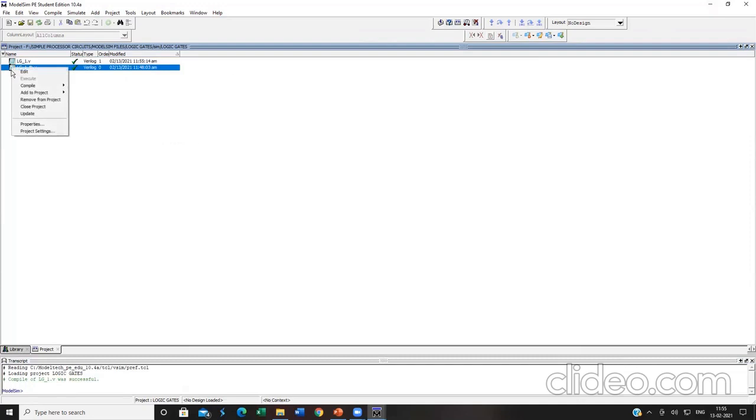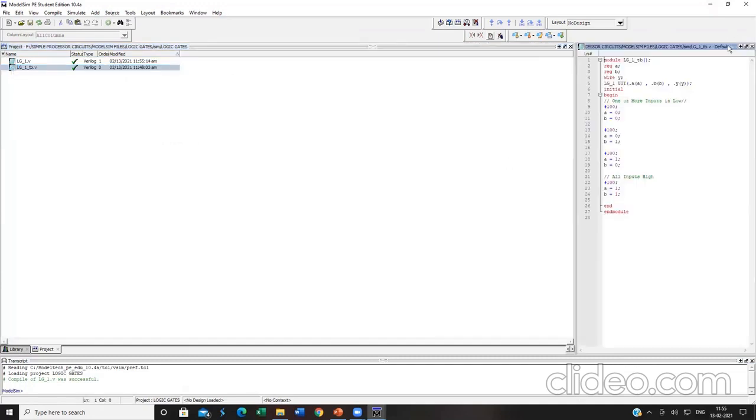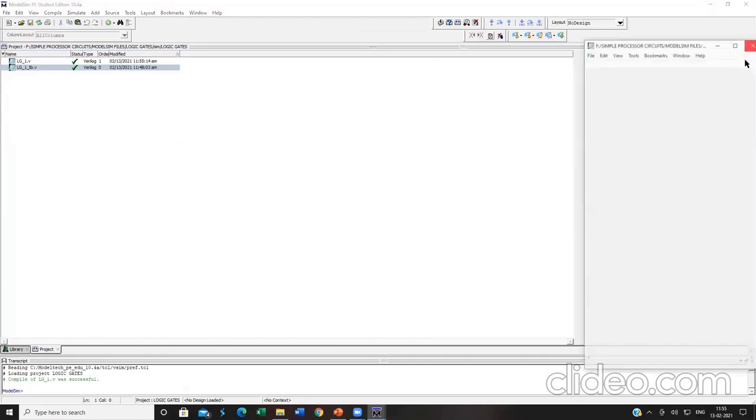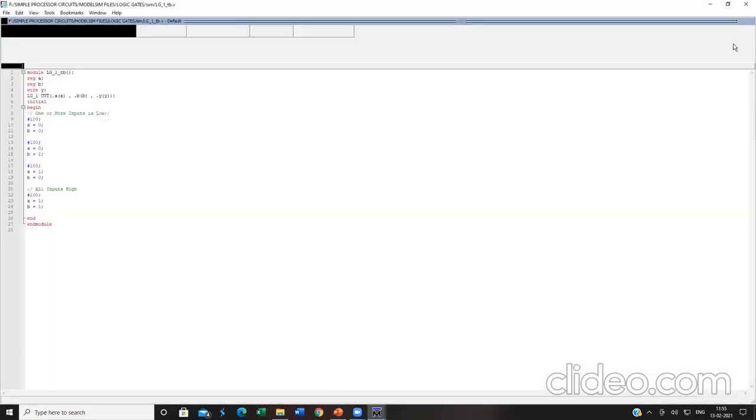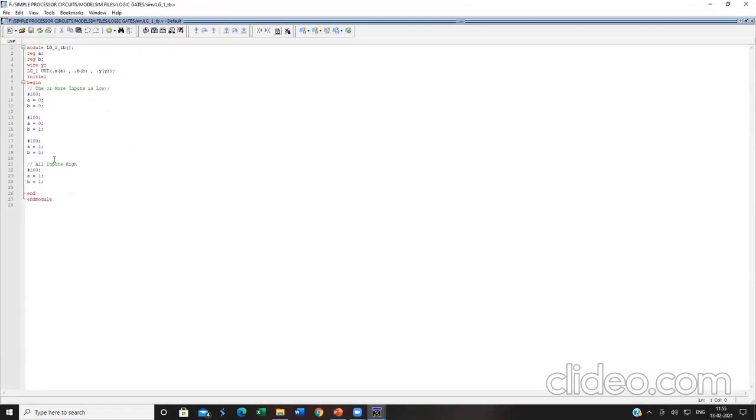The test bench I will not be changing. Here again it is coming in the docked version. I have to undock it. Click this, it will get maximized. These things are common, because both the negative logic version and the positive logic version have the same name, LG_1. I have just enabled and disabled.